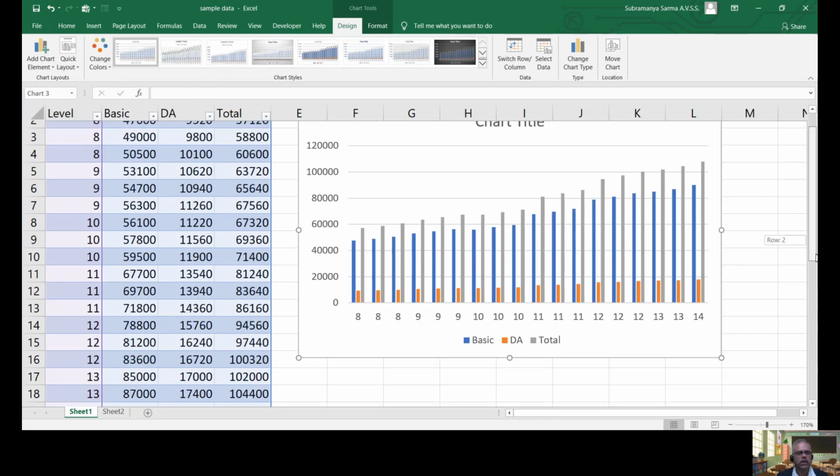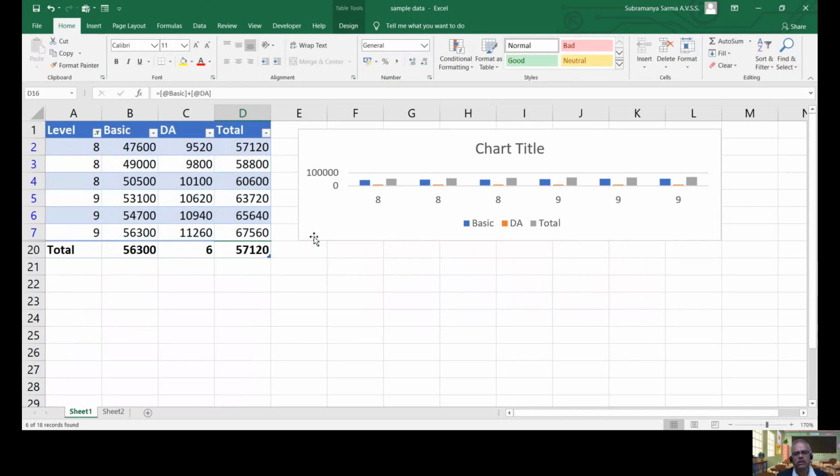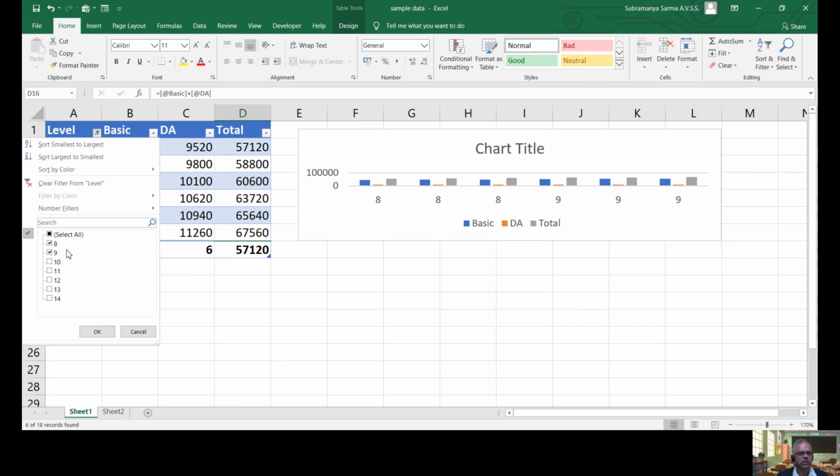The advantage is, suppose I filter this data to 8 and 9, and if I say OK, the chart is also filtered for levels 8 and 9. That means this chart will dynamically adjust based on the data available in the table. So that is the biggest advantage, right?